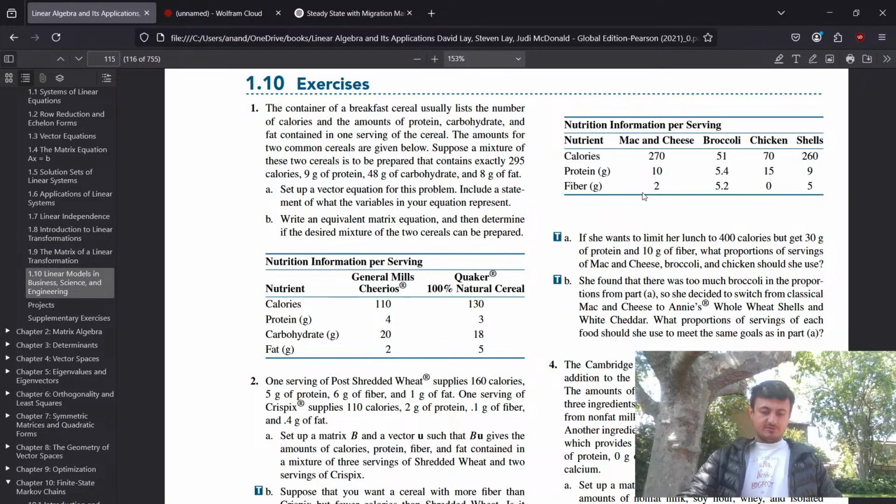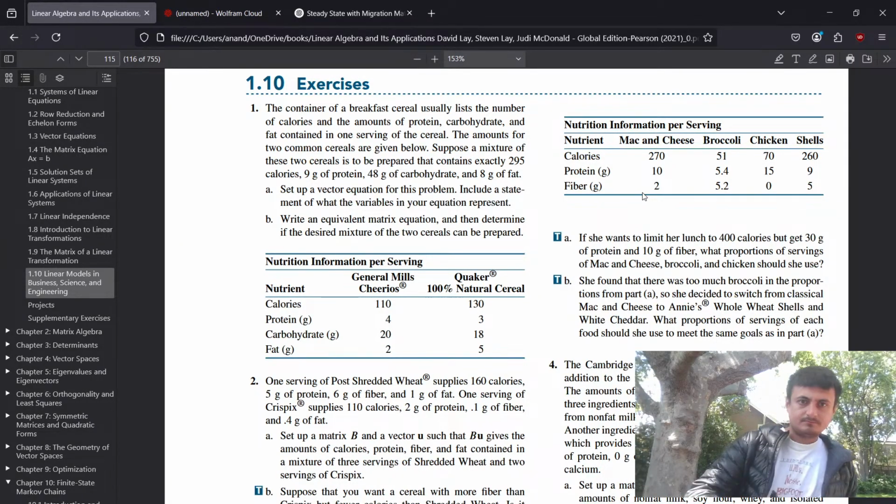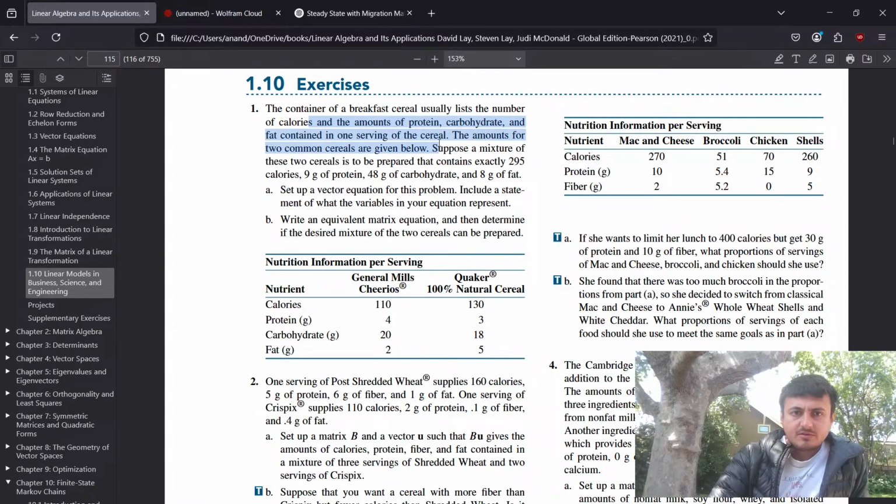All right, let's get to exercises. The container of a breakfast cereal usually lists the number of calories and the amount of protein, carbohydrate, and fat in one serving. The amounts for two common cereals are given below. Suppose a mixture of these two cereals is prepared that contains exactly